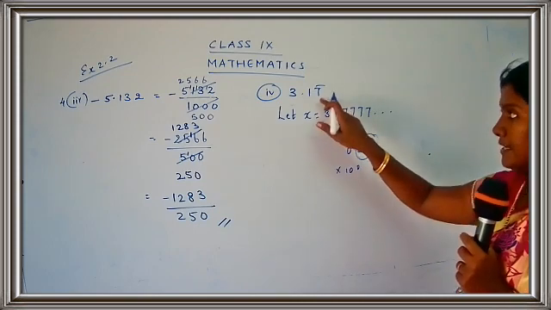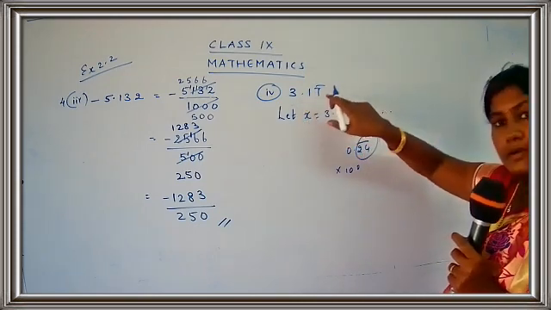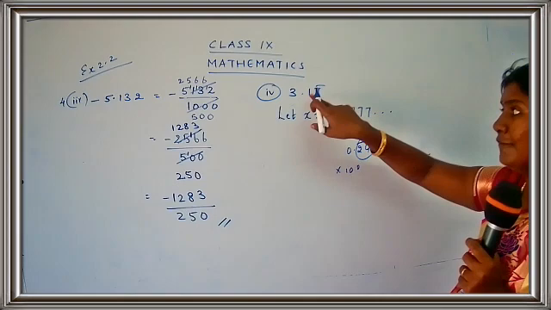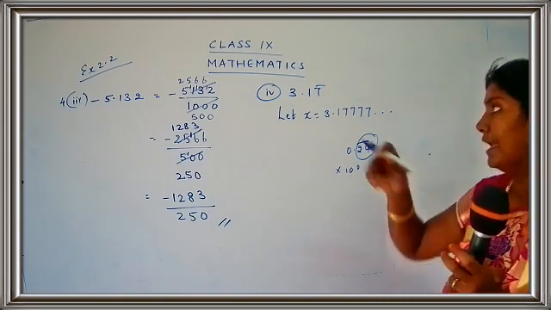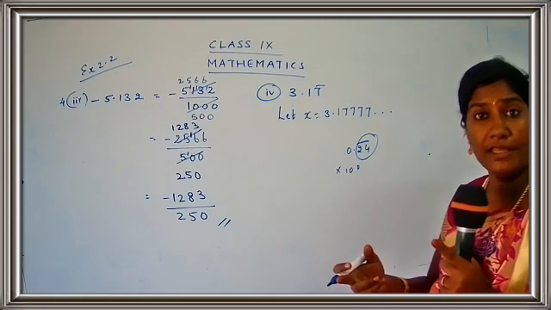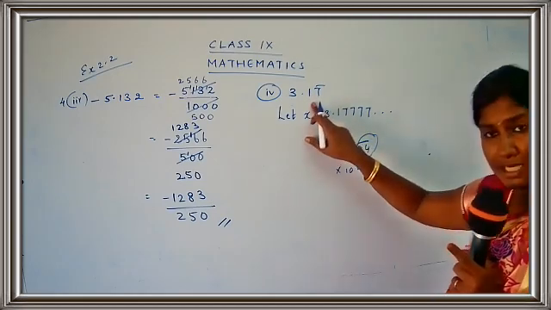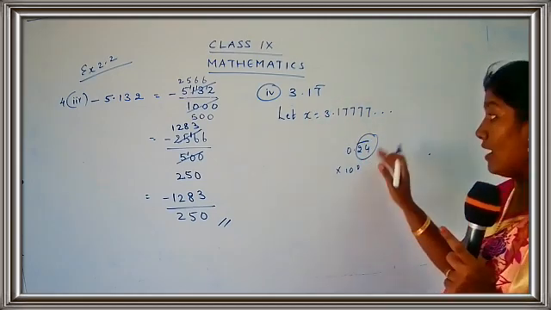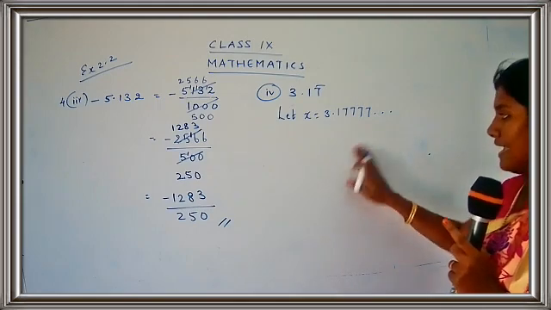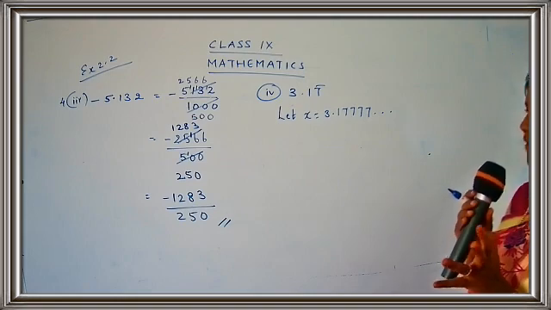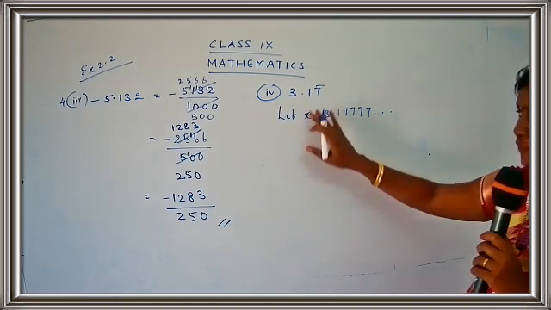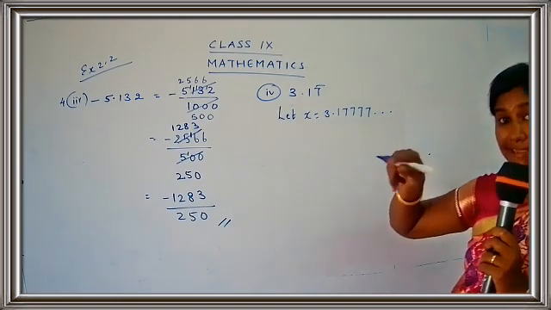But here we have two numbers after the decimal point, but the first number is not in the bar. The first number is just alone, and only the second number is going to be repeated. So for such a type, we have to follow another method. Okay, children? We have to follow one extra step. That's all. One or two extra steps we have to follow. So first of all, what you do is multiply by 10.